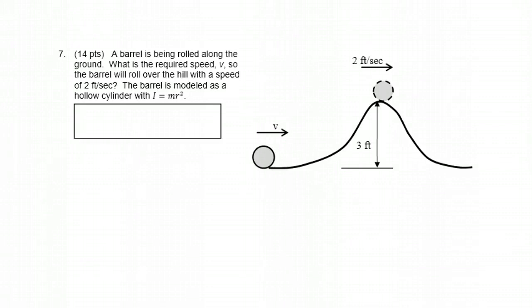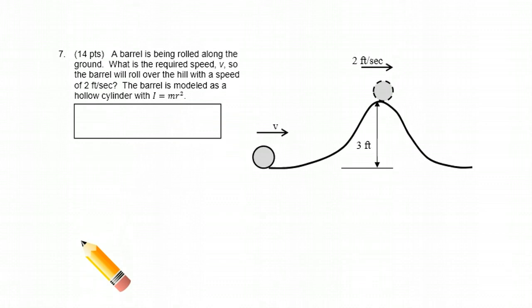Problem 7 has a barrel rolling along the ground. We want to determine this velocity here at the bottom of the hill such that the barrel will roll over the top of the hill with a speed of 2 feet per second at the top. And we're given the information that the barrel is basically a hollow cylinder, and I for a hollow cylinder is